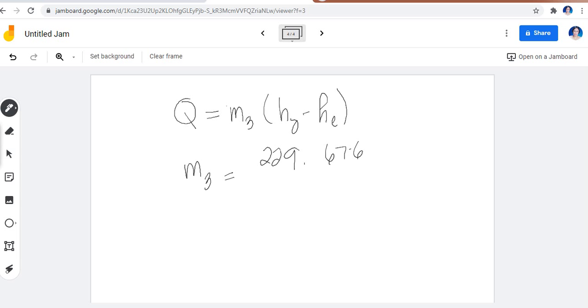That's for the Q. We divide it by the difference of these two. For h_g, you have 1153.28, and for h_l, you have 1